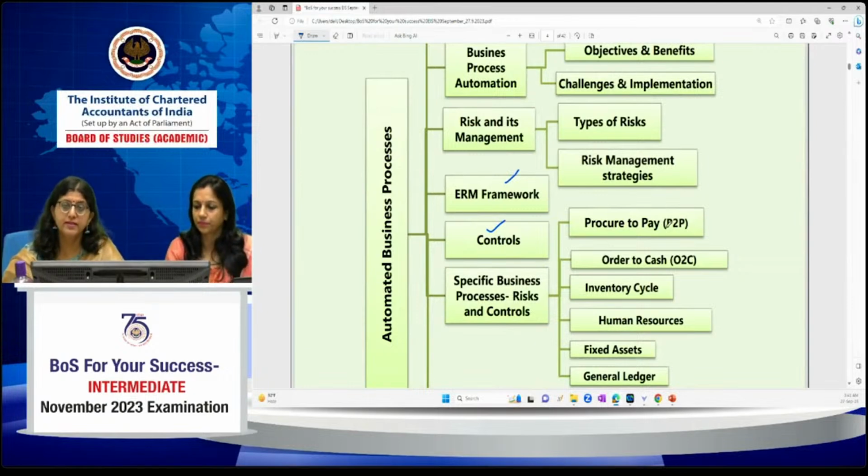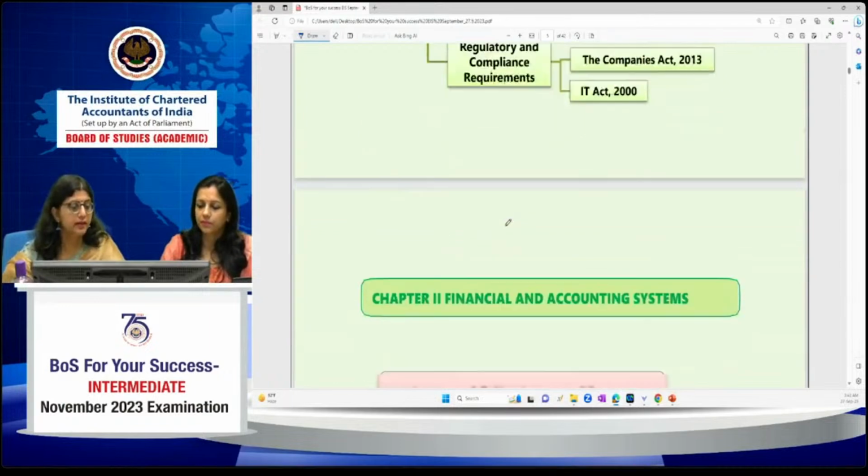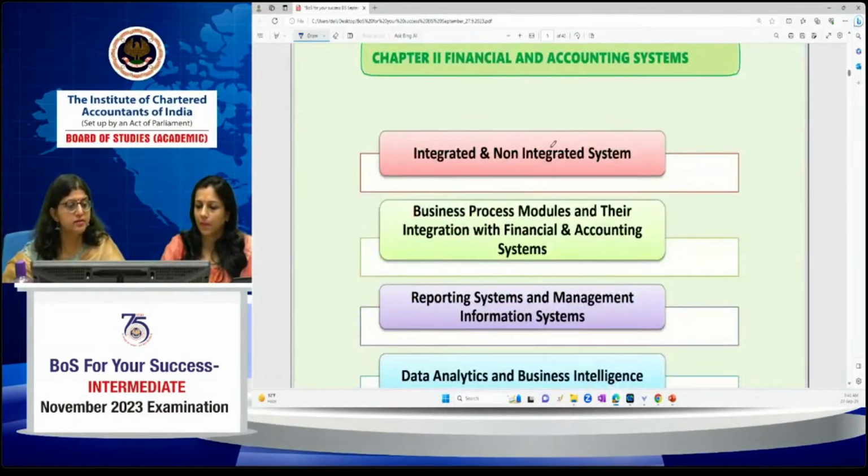So it's always beneficial for any student to prepare a kind of a checklist for yourself wherein you just cover the major headlines, and once you are through with those headlines, it will ensure that none of the topic is skipped, because every topic plays a very, very important role when we specifically talk about the MCQ portion. So here, chapter 2, financial and accounting systems,